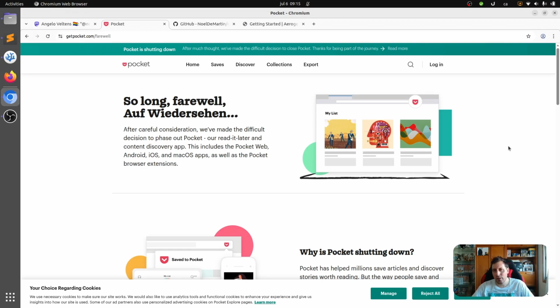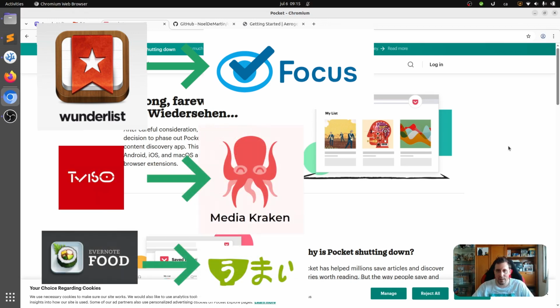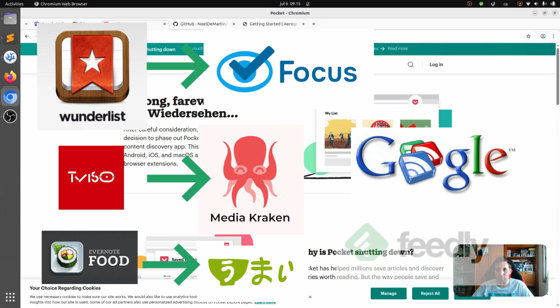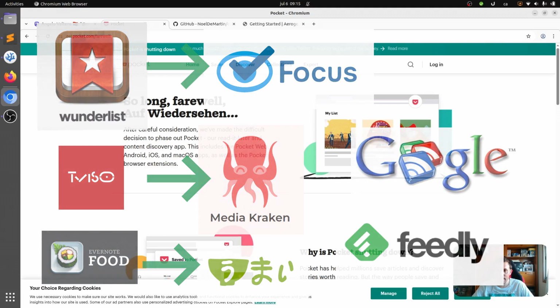So this is a story that repeats far too often. For example, without going too far, my app Focus was a replacement for Wunderlist, an application that Microsoft bought and shut down. Also, many of my other applications have done the same, and even though I am not using Pocket at the moment, I was using Google Reader before, and I switched to Feedly. Feedly is not shutting down, that we know, but is following the same schema as these ones. So they could shut down tomorrow if they wanted, and we would lose all our data and access to the